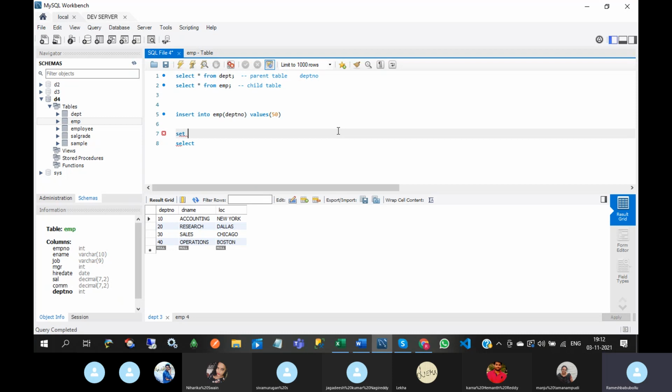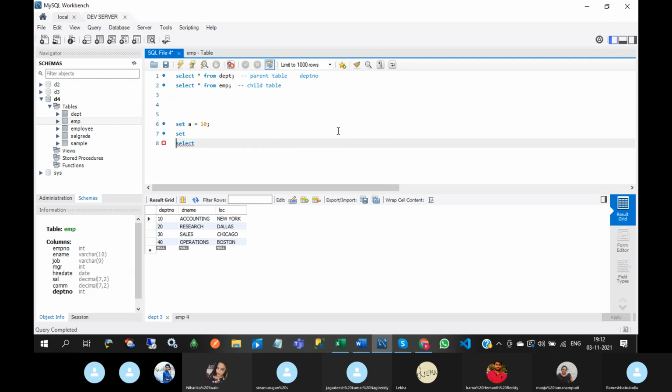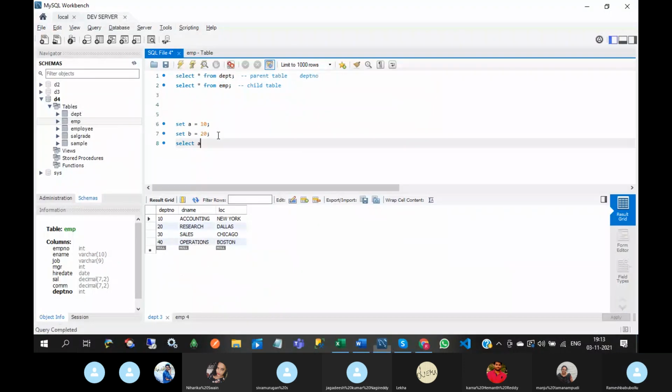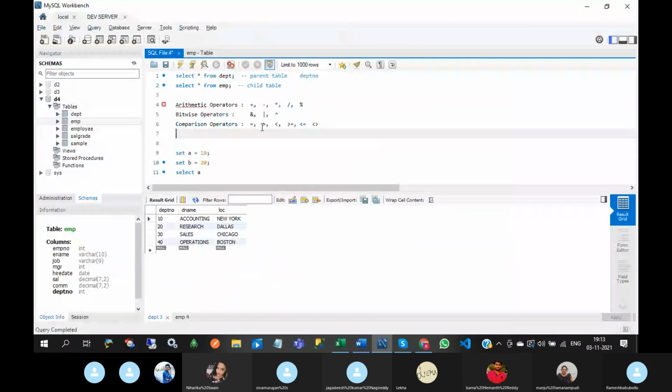First, this is the variable declaration; I will tell you in detail later. So, arithmetic operators.